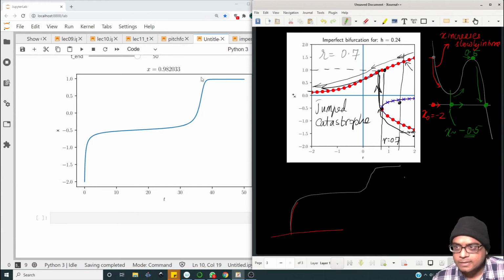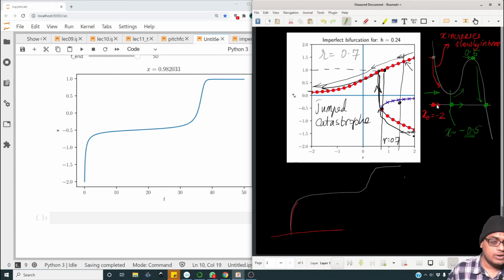After that, we see another change in the curve from this fast increase to a slow increase again at x equal to 0.5. So in the x-t curve, wherever you see inflection points, be aware that in the x dot versus x curve, you will encounter this kind of local minima or maximum, and it means that you are changing behavior from a positive slope to a negative slope. Okay, so for example, at minus 0.5 you are changing from a negative slope to a positive slope,